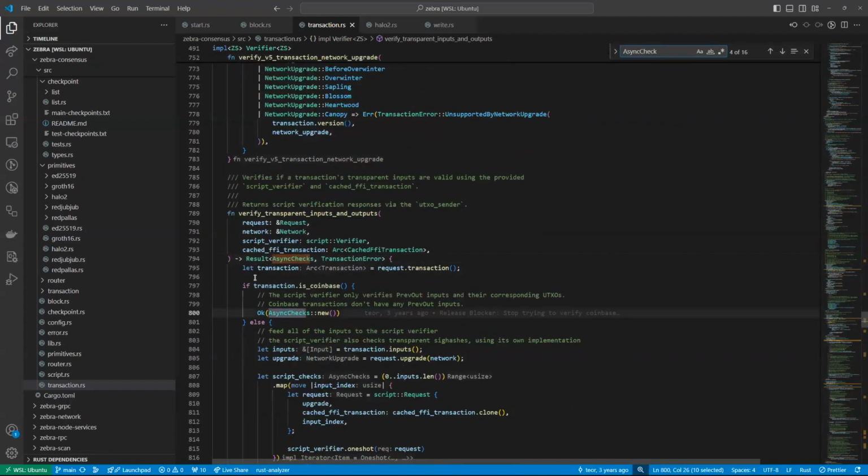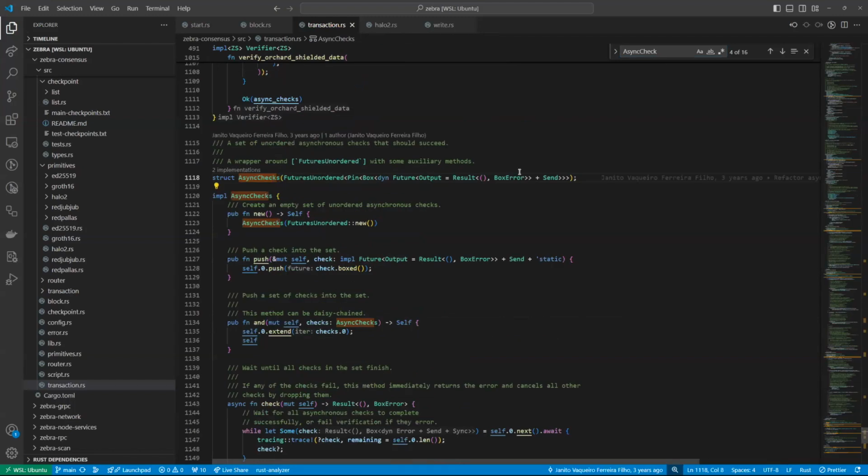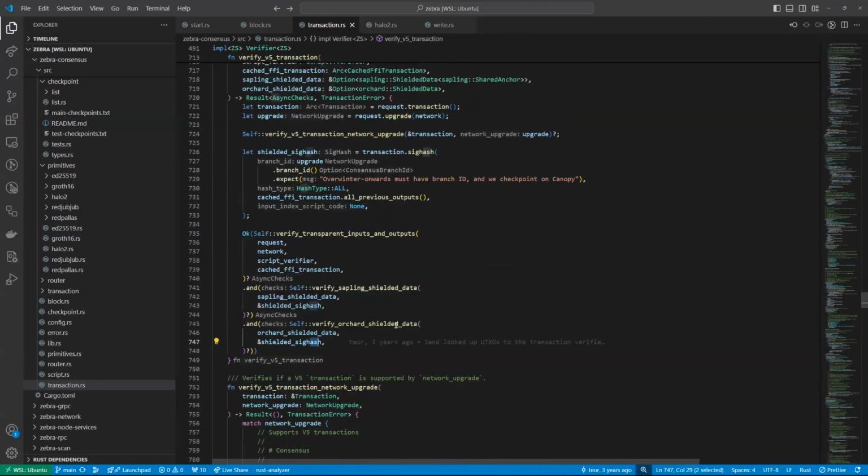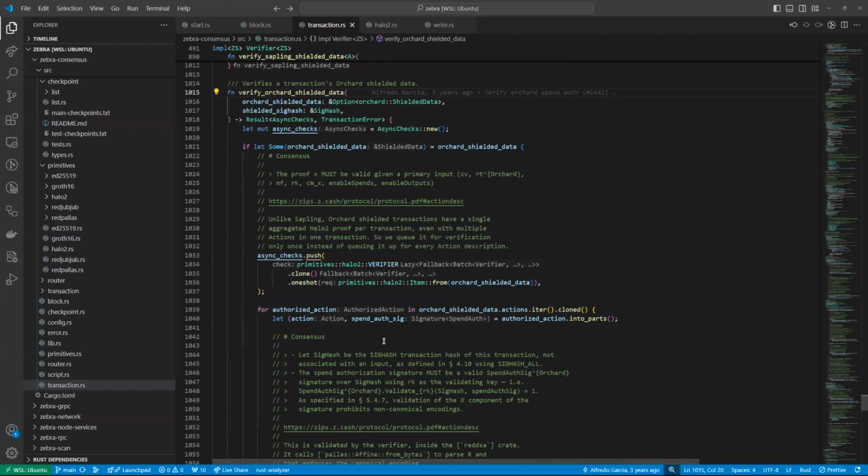I think let's look at the definition. And it's just a new type around this. So all of these will execute in parallel. And then once those are all done,